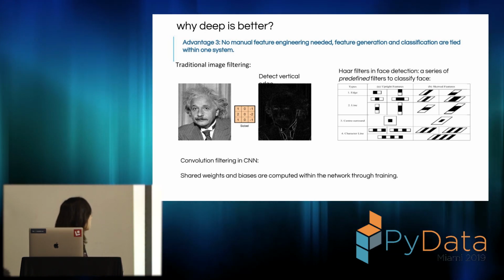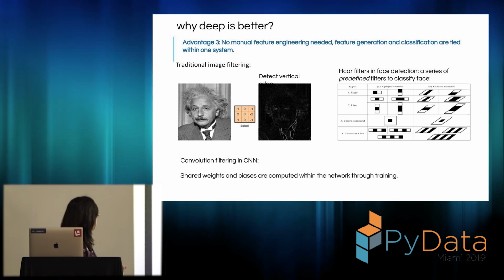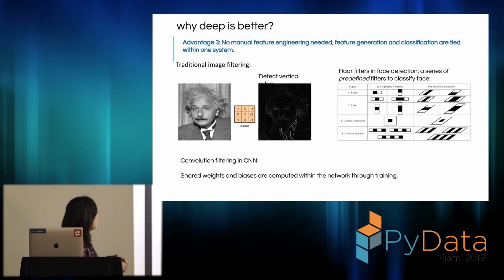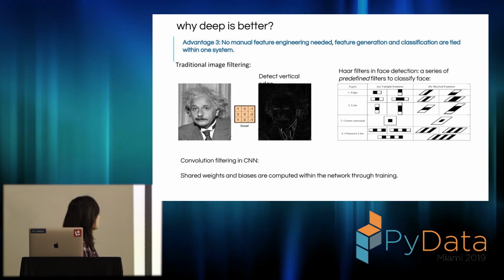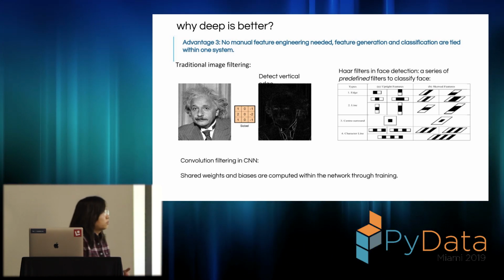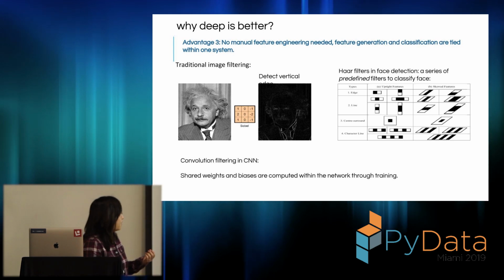But in a convolutional network, those shared weights and biases, basically the convolutional filters, are computed within the network through the training. So personally, I think